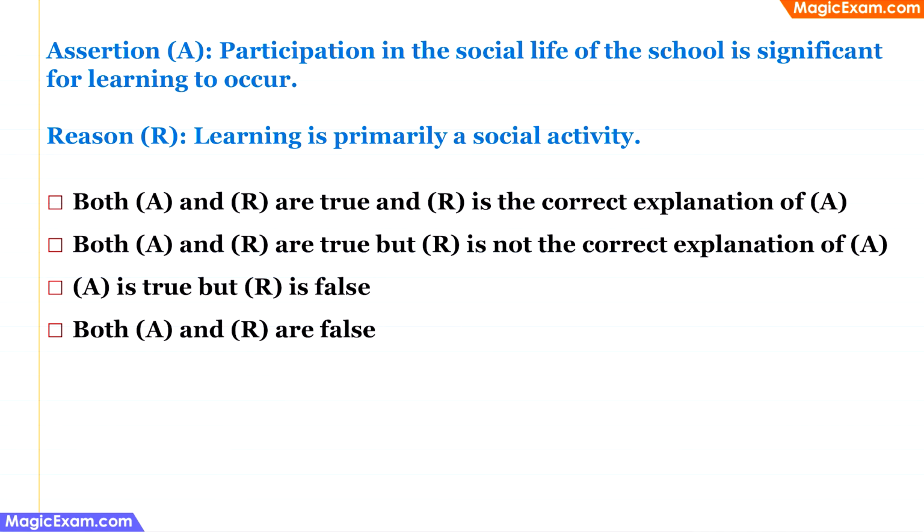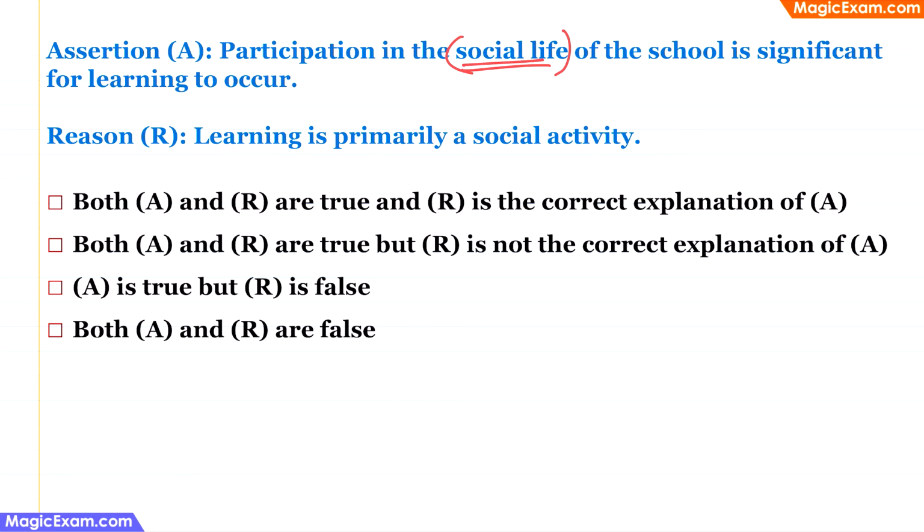The assertion says that participation in the social life of the school is significant for learning to occur. So every school will have some social activities. It might be sports, it might be games, it might be outings, it might be trips. So if children are only limiting themselves to what is happening in the classroom, they just listen to the lectures or listen to the lessons and then go back home, then they are not actually mingling or interacting with their peers. Therefore, participation in the social activities that happen in the school is also very, very important for the learning